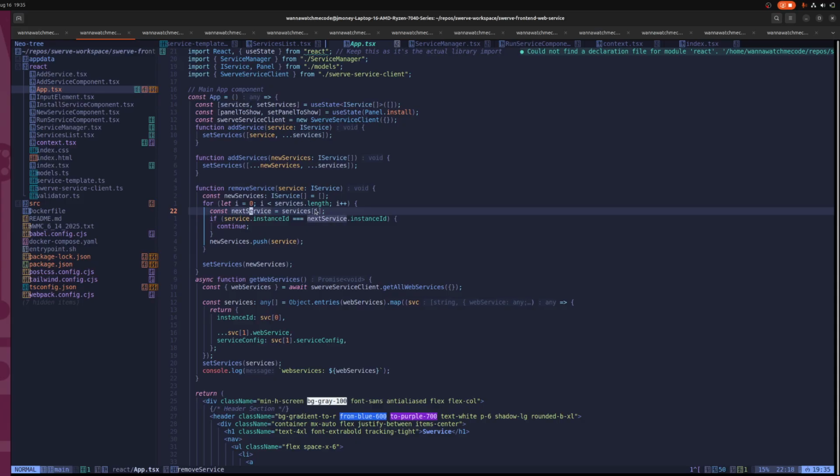services.length, services sub I, service.instance ID equals next. But I continue there and then set services is a use state, so I wonder